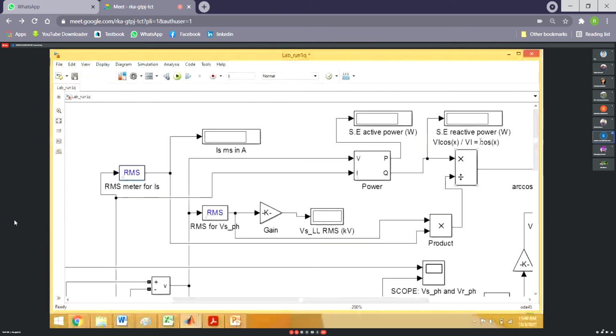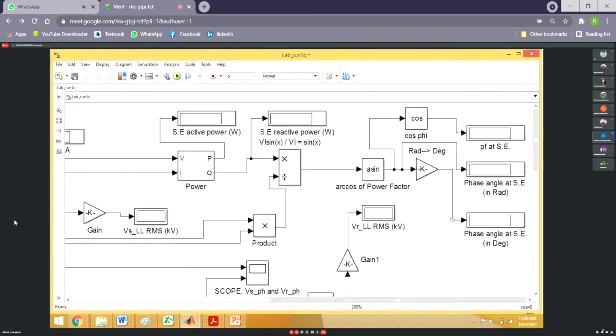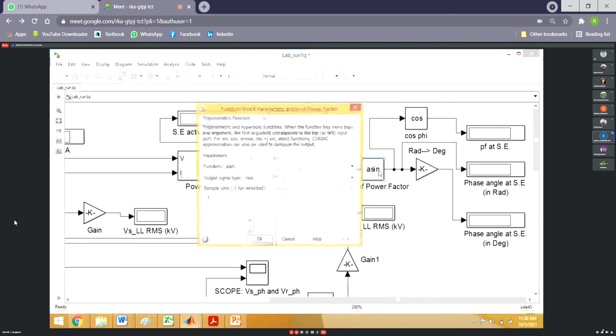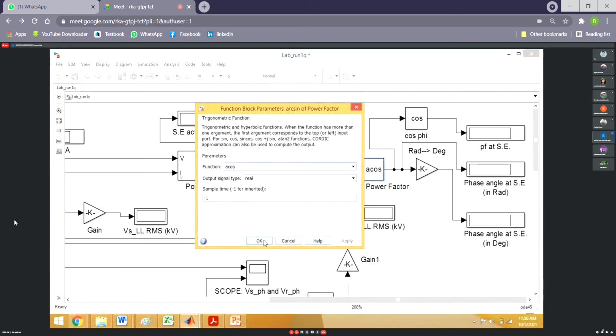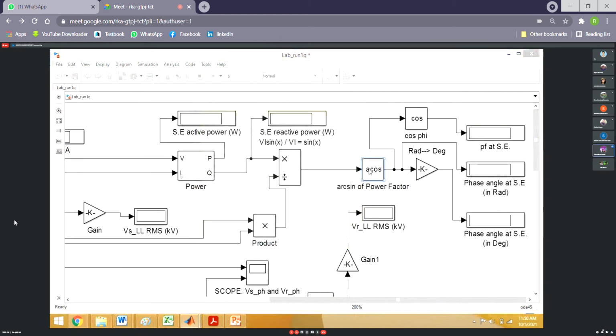So it will not be this one. This will be this one. Actually, I have not changed this one. I have not got time actually. This is the thing. Have you understood? This is arc sin, because this is the description of the block. So if you write just cos, then it will not be changed.